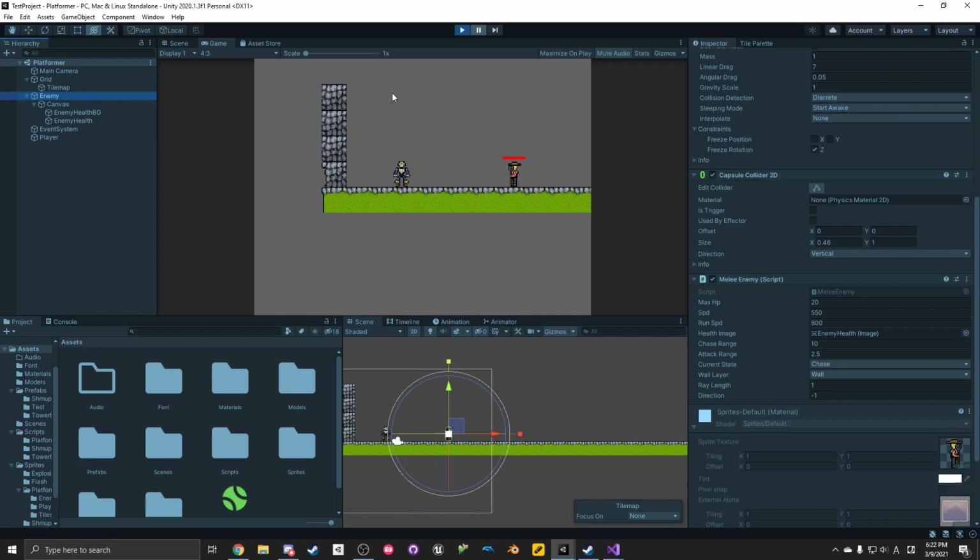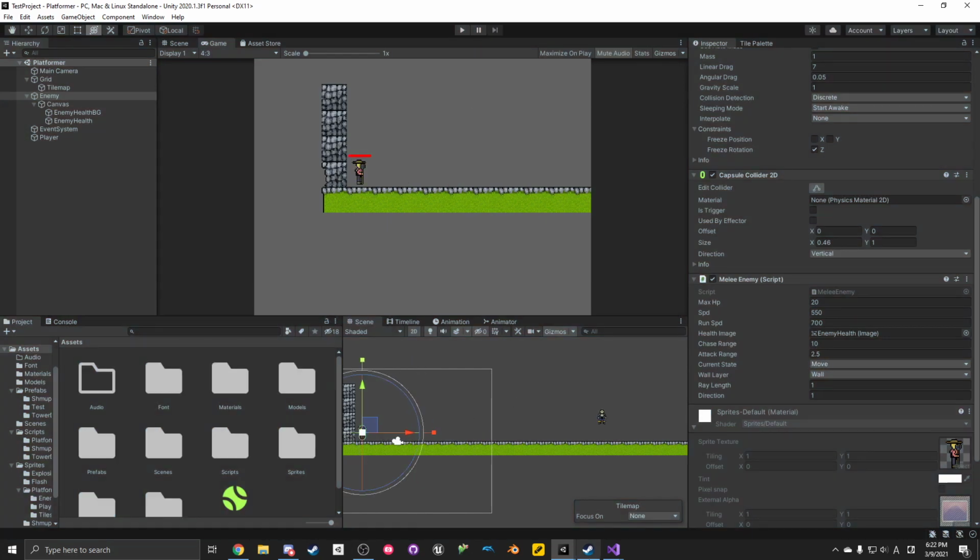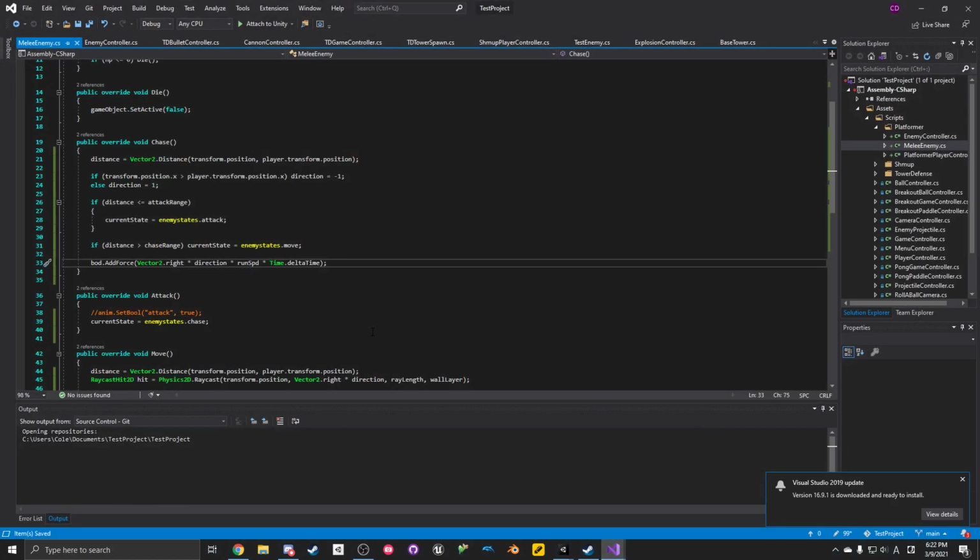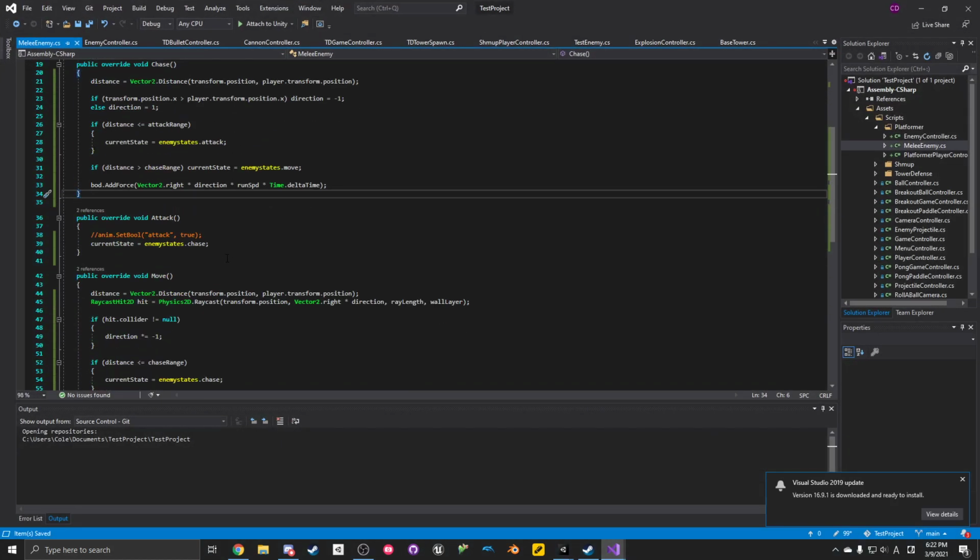Let's see if this works. So if they get close enough, they should switch from chase to attack. Oh, yep. It's like a single frame. Still too far away to actually attack, but we can tweak that later. So we can see a